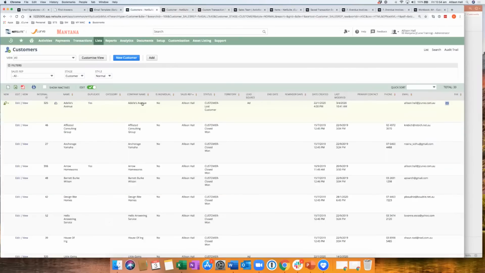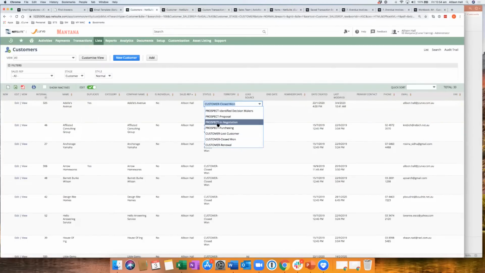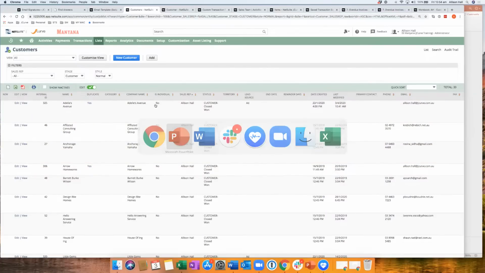I'm going to change that back because it is not a lost customer. So, customer closed one. But it can be a good way, for example, if you've changed sales rep for a customer or for a handful of customers. You can then also do things like CSV imports if you've got a lot of records to update, but it's a good way to just do basic updates on the fly, okay? So going back to our slide,